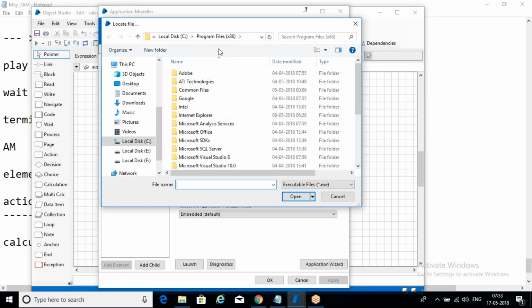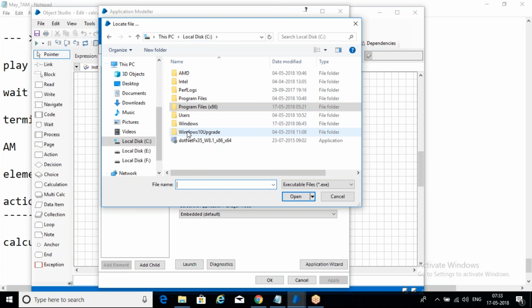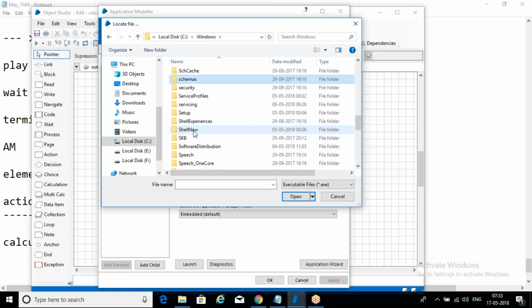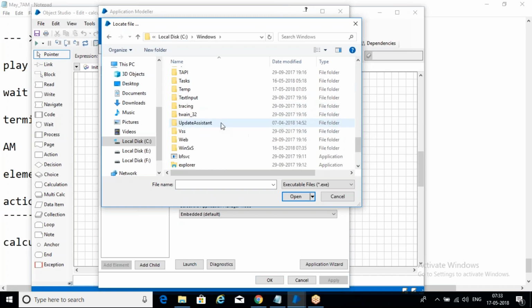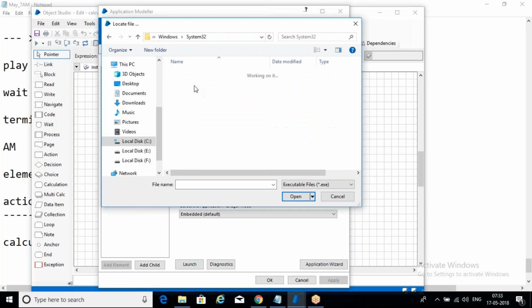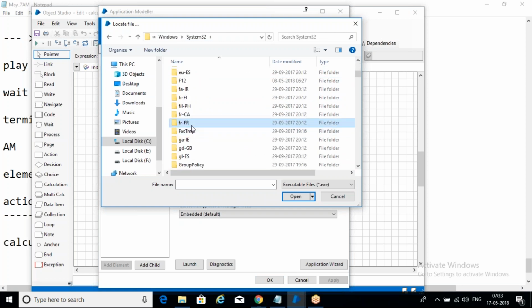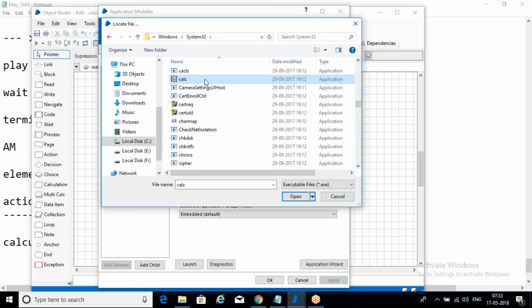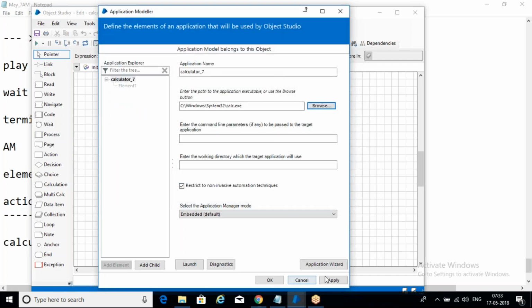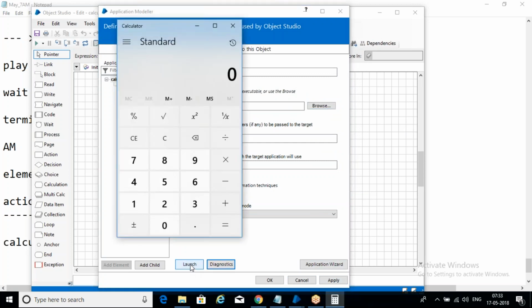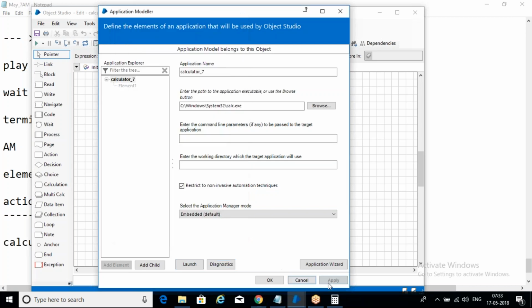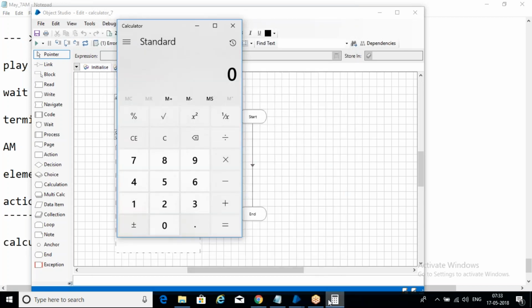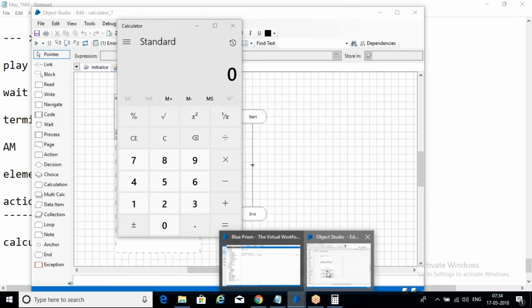So let me check this one more time. Windows, System 32, this one, CALC, this one we need to check. Okay, now we need to launch, right? Now launch, it's launched, right? It's launched. So once it's launched, then what we need to do, generally we need to spy that,